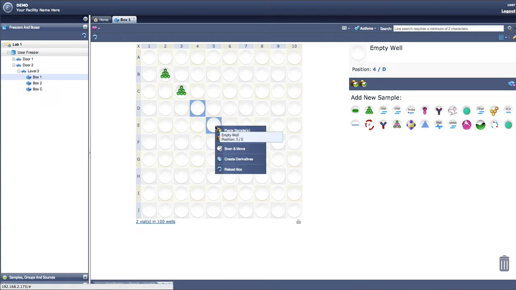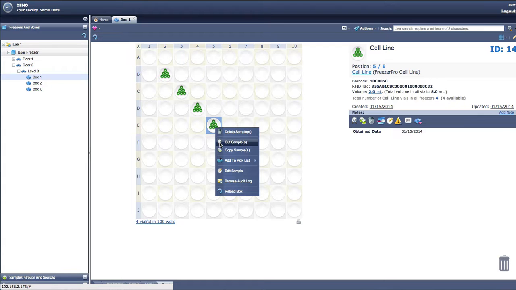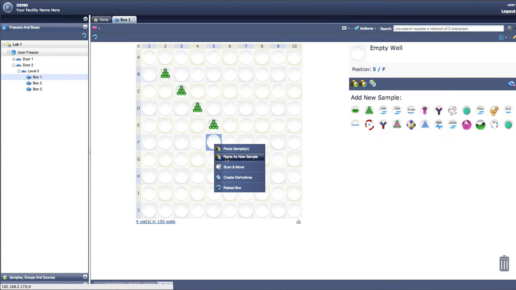Right-click on one of the multiple wells you selected and choose the Paste option to paste your sample copies. You may also wish to create duplicates of a sample but not aliquots. In order to do this, you may use the Paste as New Sample tool instead of the Paste tool. The Paste as New Sample tool will create a new sample with a new UID but with the same information